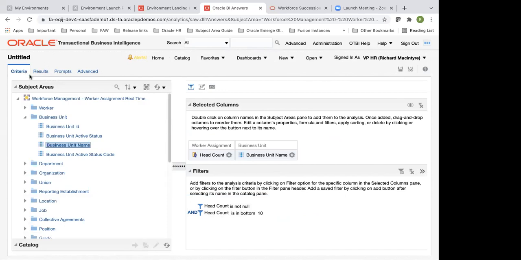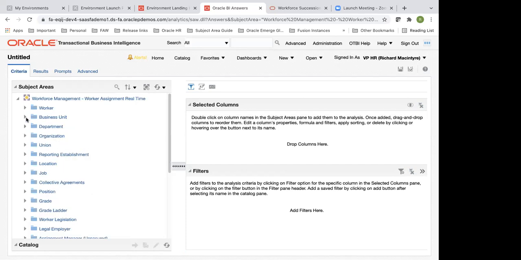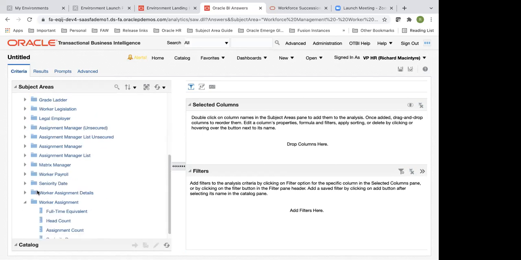Now I would want to understand something else. So let me take off, removing this. You can remove one column at a time by saying delete, or you could also do this, and if you do this one, all the filters are removed and all the criteria is removed. Now I would want to understand in my organization the headcount split between genders. So it could be male, female, and the ones that have not disclosed their gender. I would want to have a split.